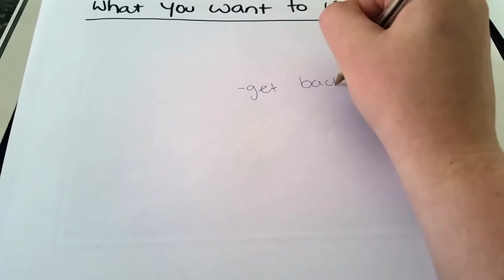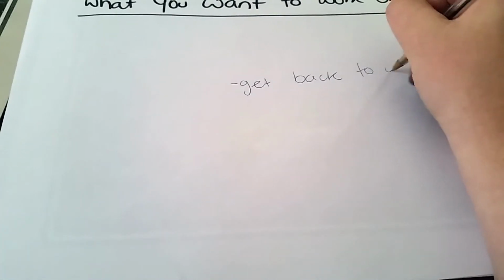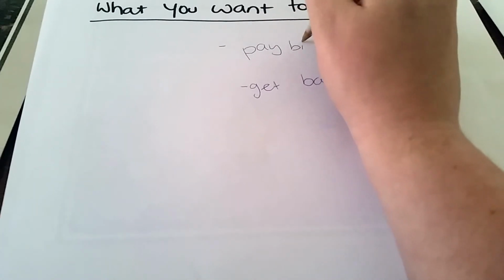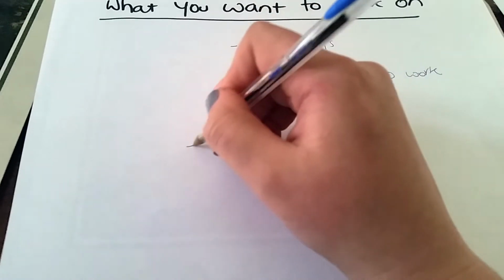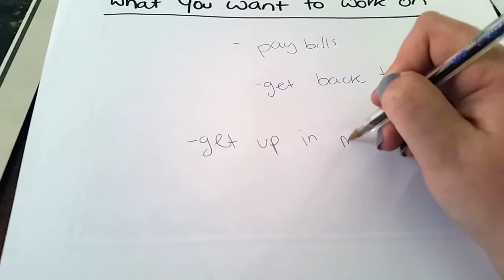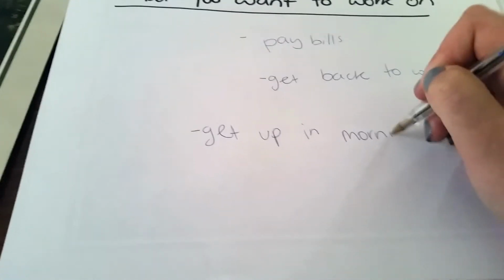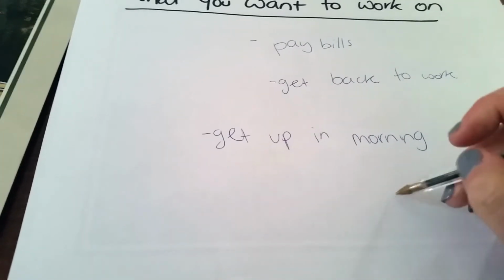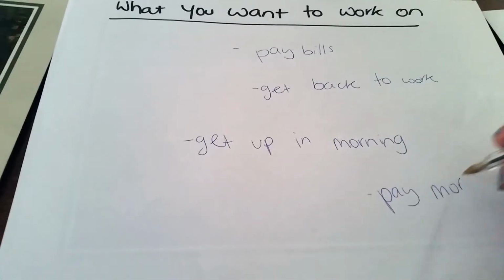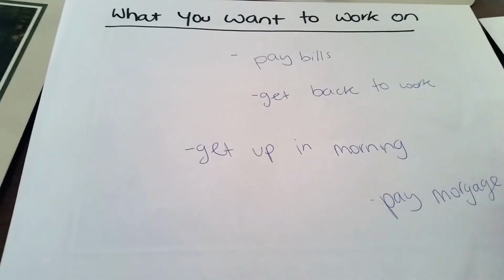Okay, so we've come to therapy today. I've explained what I can do, what I'm going to be able to do for you. I was just wondering what you'd like to work on within this relationship. I want to get back to work. Yeah, get back to work. Is there anything else you'd like to do? Would you like to earn some money so that you can pay your mortgage? That's mainly why I want to get back to work. Yeah. Because I've got bills. And as you know, Centrelink doesn't pay much. Yeah. Work here doesn't pay much.